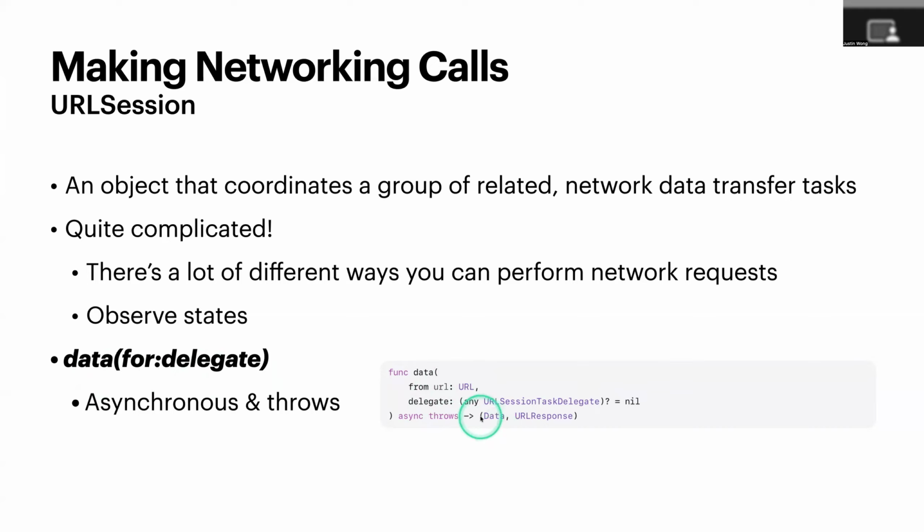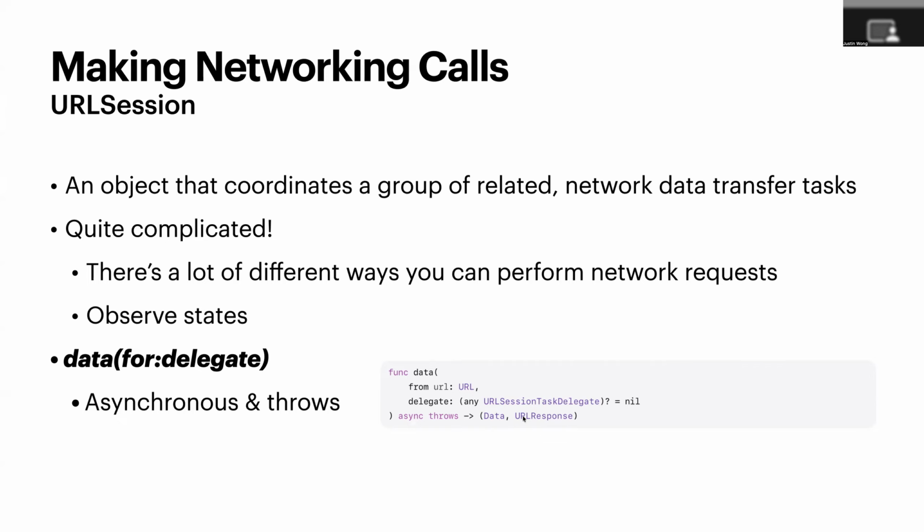So it returns some data and it returns some URL response. Now, the data here is of type Data. In Swift, the Data type is simply binary, ones and zeros. This URL response is the response that we get from this function, and it simply has fields for the status of this networking request, for example, status codes, whether it succeeded or did it fail, or other data that's packaged within here that might be necessary if we're doing more